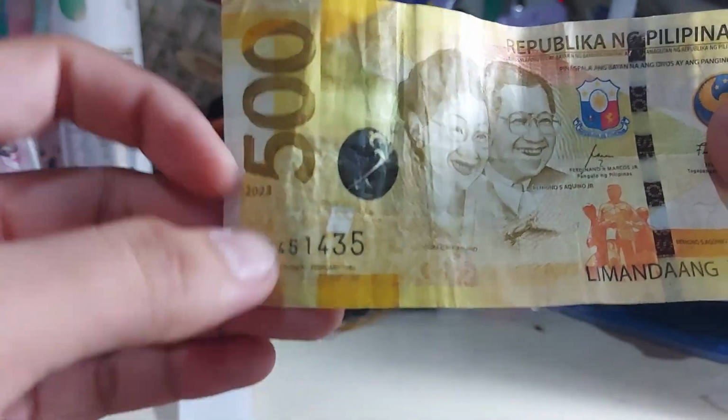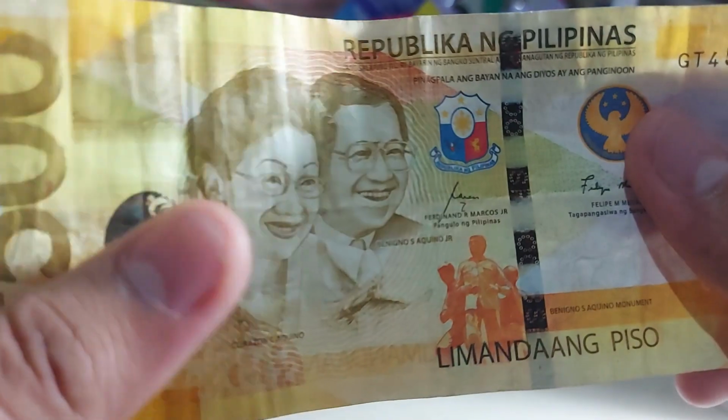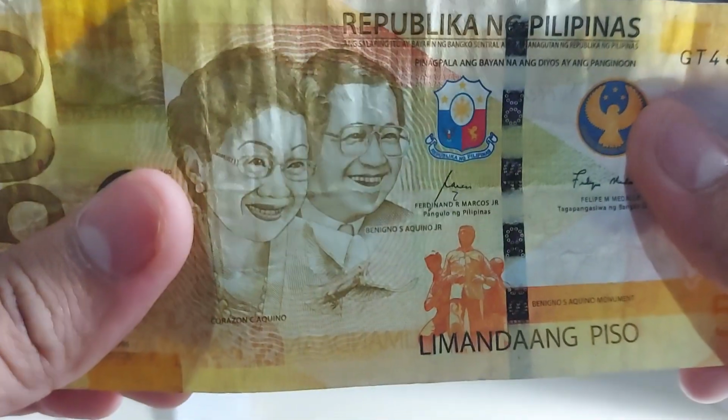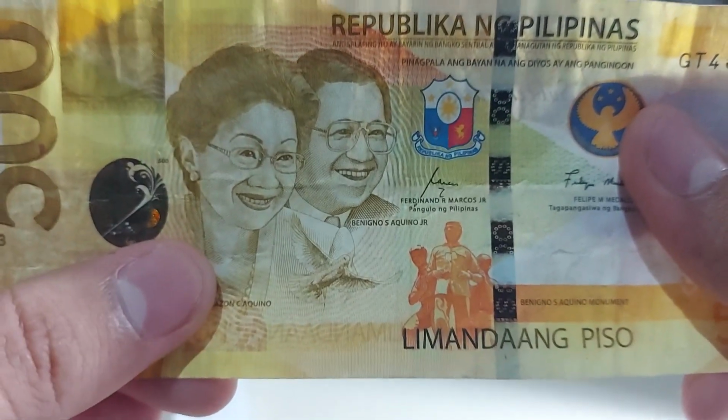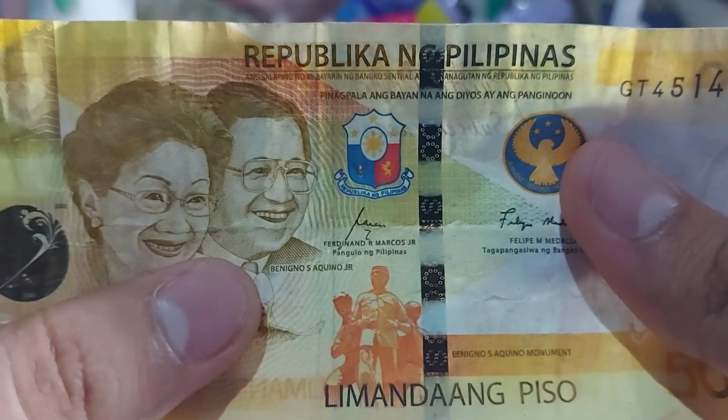And it's also made in 2023. So now, this bill features 2 people. Corazon Aquino, the very first female president, and Benigno S. Aquino Jr., the man who was assassinated by the Marcos administration, not the current one, the former one,